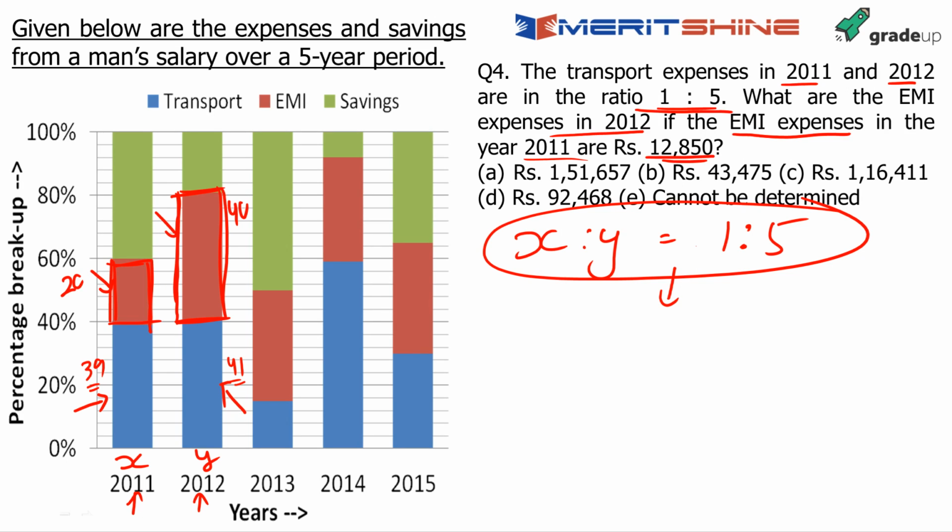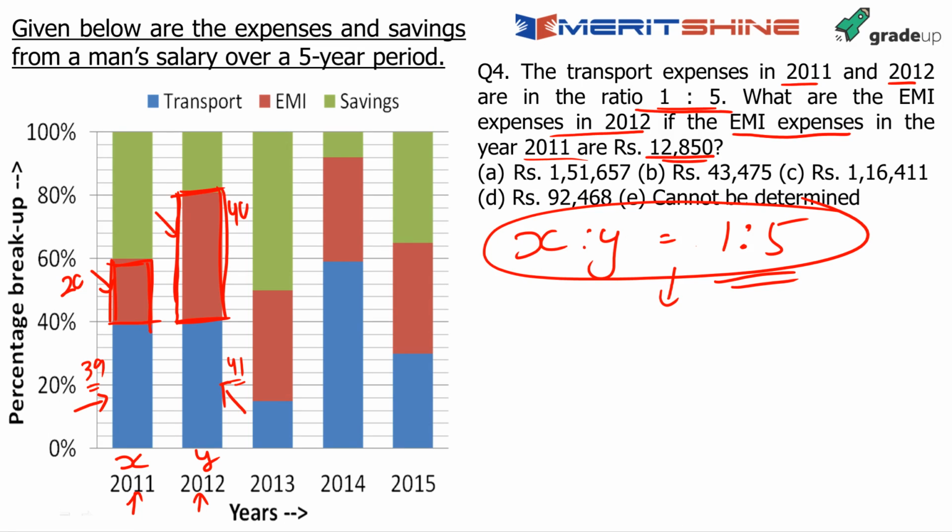So this is around 20% of X and this is around 40% of X. So can I say that in terms of percentage, here it's double for 2012, 20% of X, EMI expenses in 11, 40% of Y, EMI expenses in 2012. It means that the factor that will affect it this time would be 2:1. I mean, think about it: Y is already 5 times the value of X.